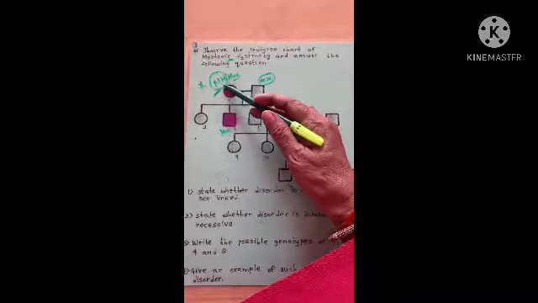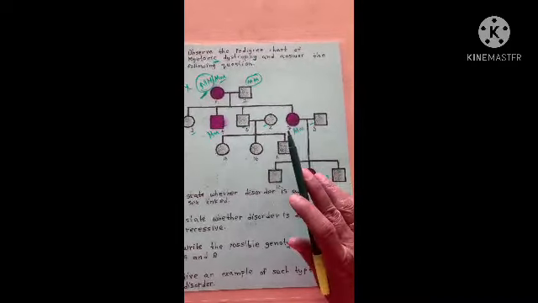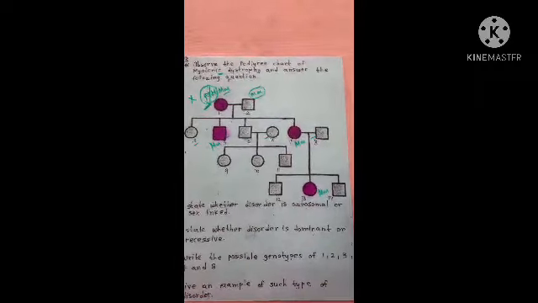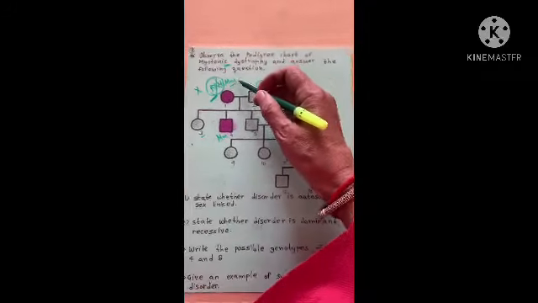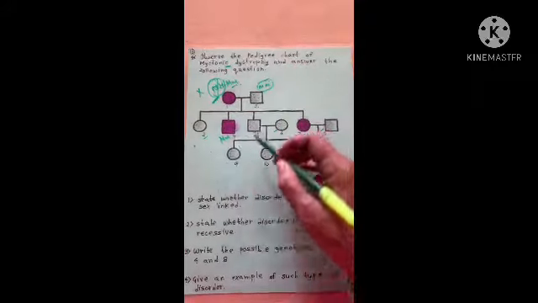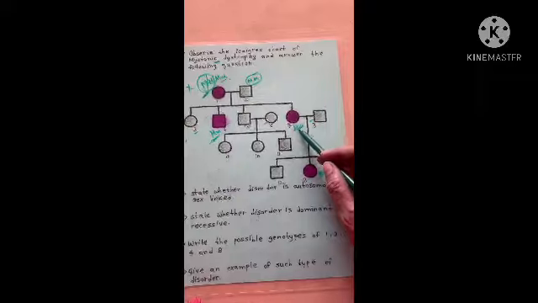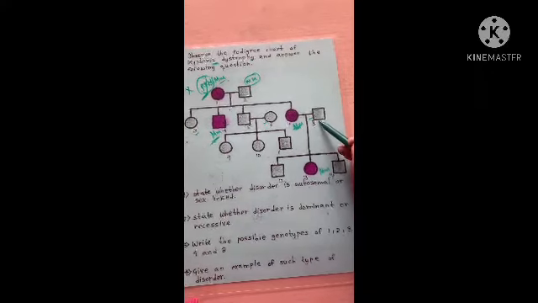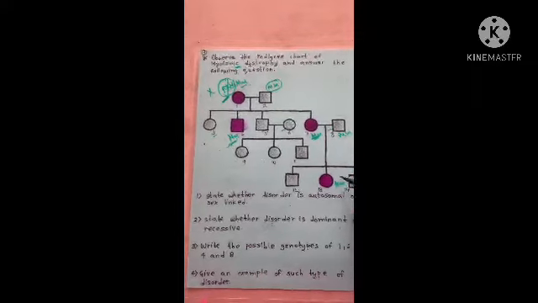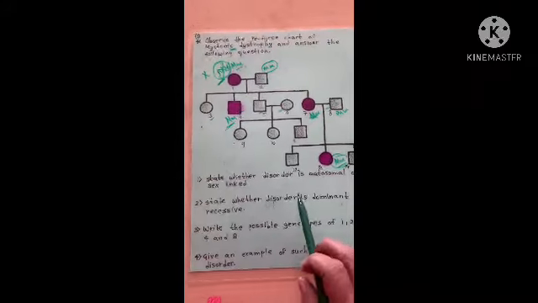If it would have been capital M capital M, then in the F1 generation everyone should have had the disease. But that is not the condition. So this possibility is ruled out. So what is the genotype of this female? 100%, the parent's genotype is capital M, small m. So here, 100% the genotype will be capital M, small m. For this one also, capital M, small m. This one is normal, so 100% small m small m. So here also it will be 100% capital M, small m. Am I clear? So this is the second pedigree chart.